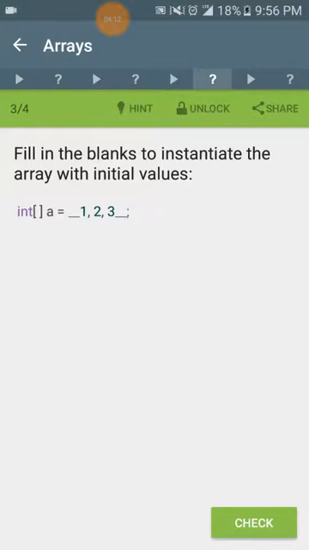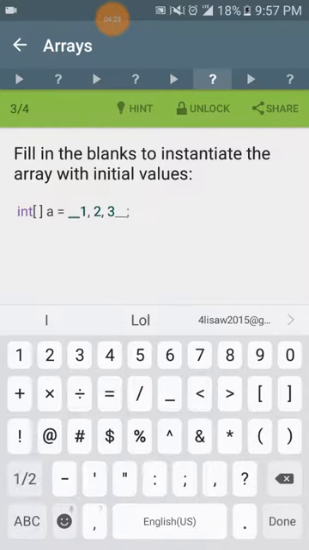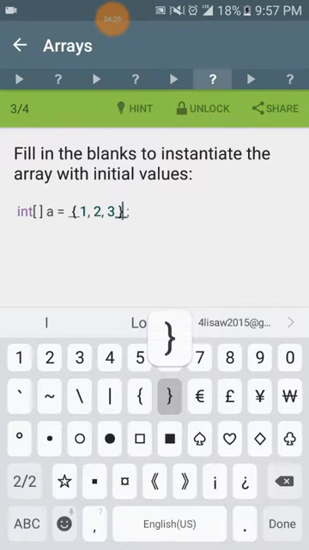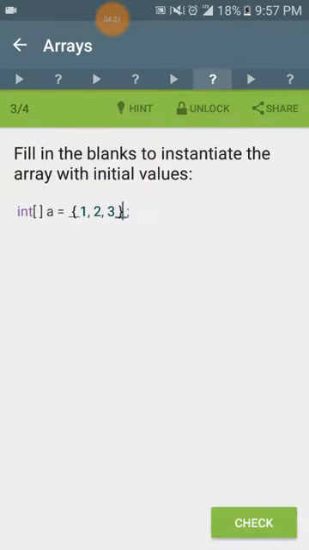Fill in the blanks to instantiate the array with initial values. int[] A = {1, 2, 3};